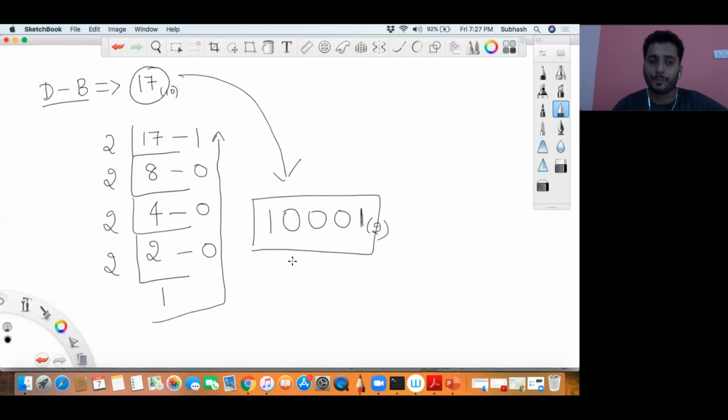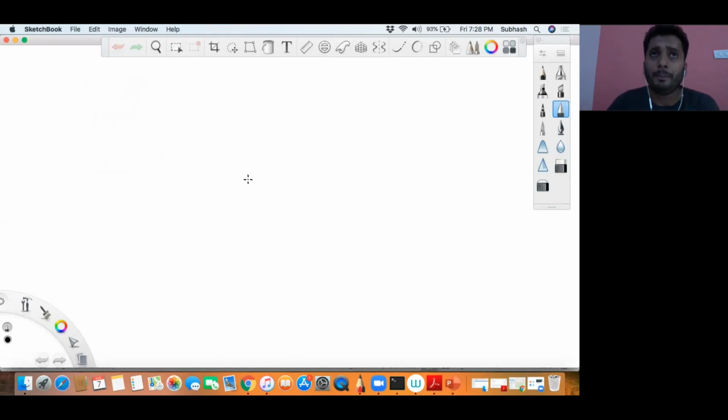Hope you understood this. If I want to convert a number in binary to decimal, how do I do that? The reverse now. Previously I did decimal to binary. Now I want to convert from binary to decimal. Assume I have the number 9. How do I represent 9 in the binary number system? I'll say 0 0 0 0 1 0 0 1. So this is a number which I've given you in binary, and I want to convert this into decimal.